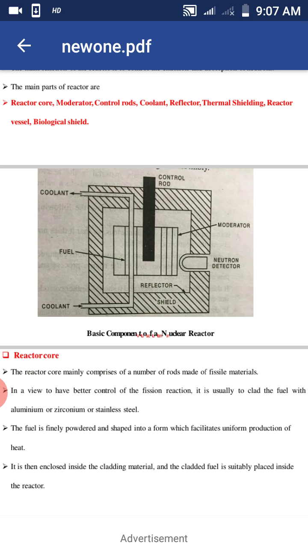So we'll discuss them one by one. First we'll discuss the fuel. What type of fuel is being used? Uranium-235 is being used in powdered form. Okay, it is used as pellets of uranium. What do you mean by pellets? You are breaking it into pieces. Abundant or bulk fuel is not used. It is used in pellet form.